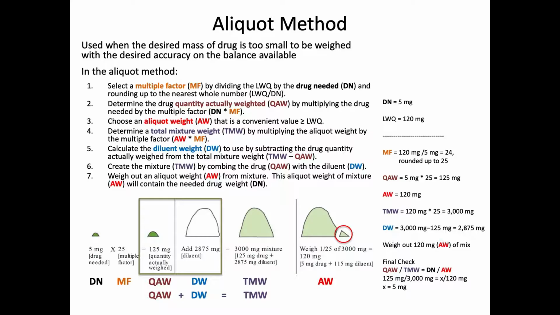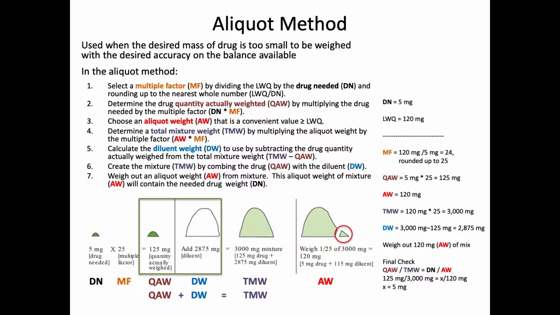So 120 milligrams times 25 gives you 3,000 milligrams. That's the total weight. When I mix my drug with my diluent, I know the combined weight will be 3,000 milligrams. The only thing we need to know is, how much diluent do I need to add then? Well, I know my total mixture is 3,000, so take the total mixture weight minus